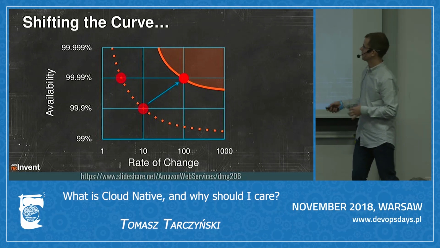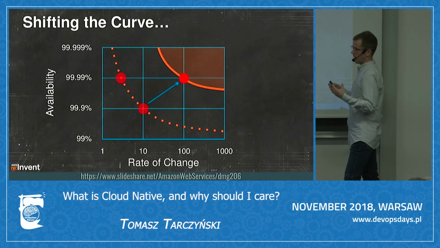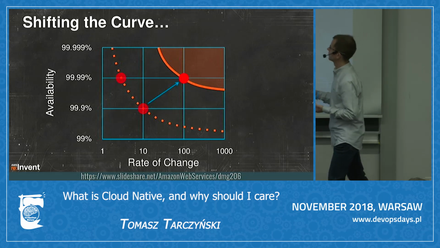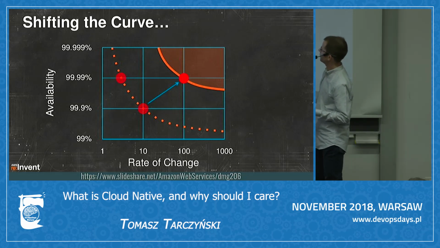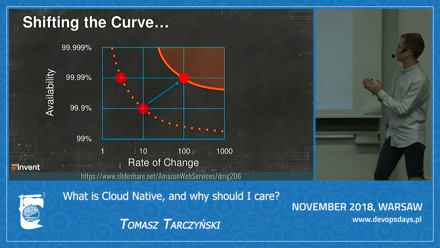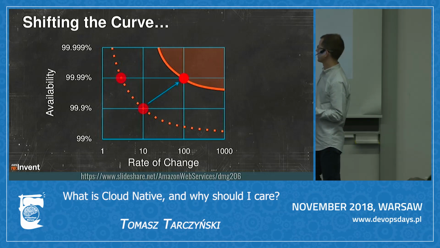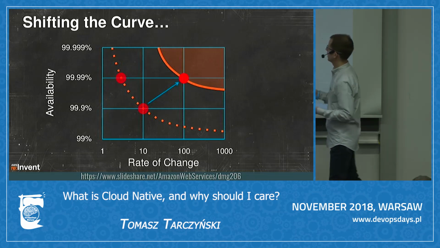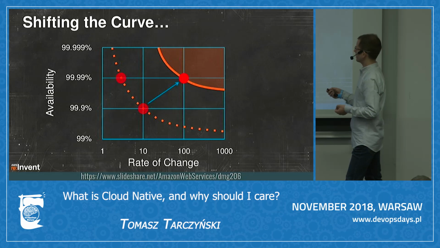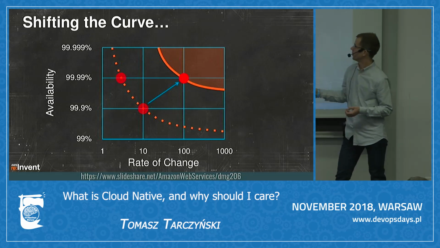And what they showed some years ago was that there is this relation that if we want to have higher availability, typically we would need to slow down the changes on the environment. And the other way around, if we want to go faster, to deliver changes faster, then our availability would